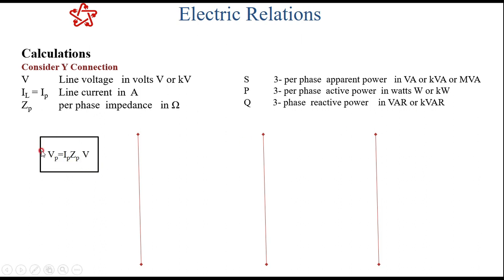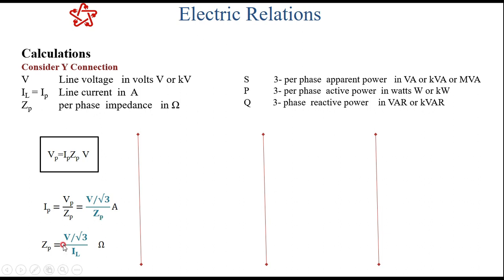Once again, I am using the basic equation because even though the quantities are given as three-phase, the calculations are made on a per-phase basis. Then the line values can be converted into their respective phase values. What I am calculating is IP. I am interested in IP, therefore it is the ratio of VP and ZP. But the given value is the line value, therefore the phase value VP is V by root 3, because it is a star connection. The phase voltage is equal to the line voltage by root 3. ZP is as it is.